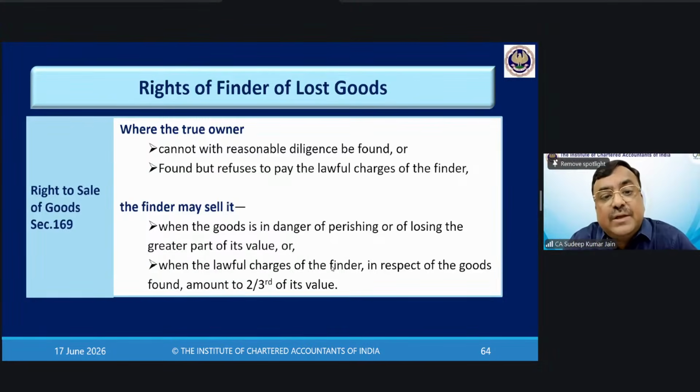The finder can sell the goods when the goods are in danger of perishing or of losing the greater part of their value. What is perishing? Perishing means quickly spoiling. The finder feels the goods will spoil soon or their value will decrease. And